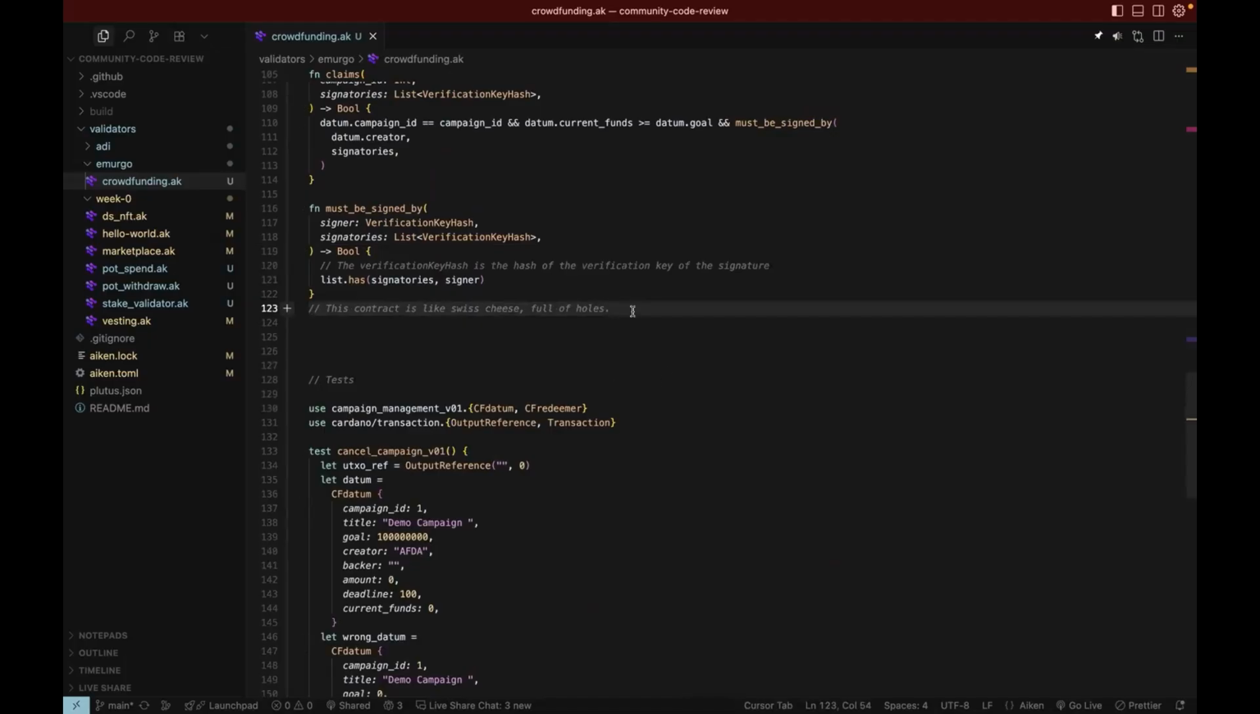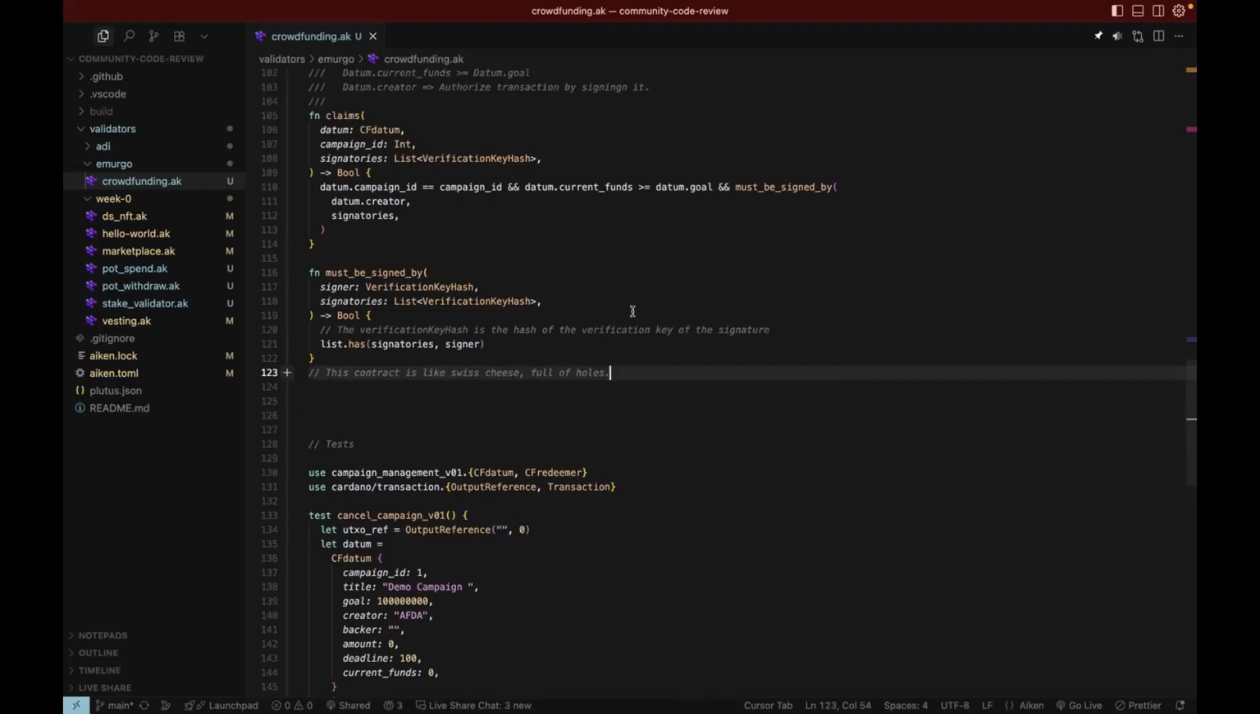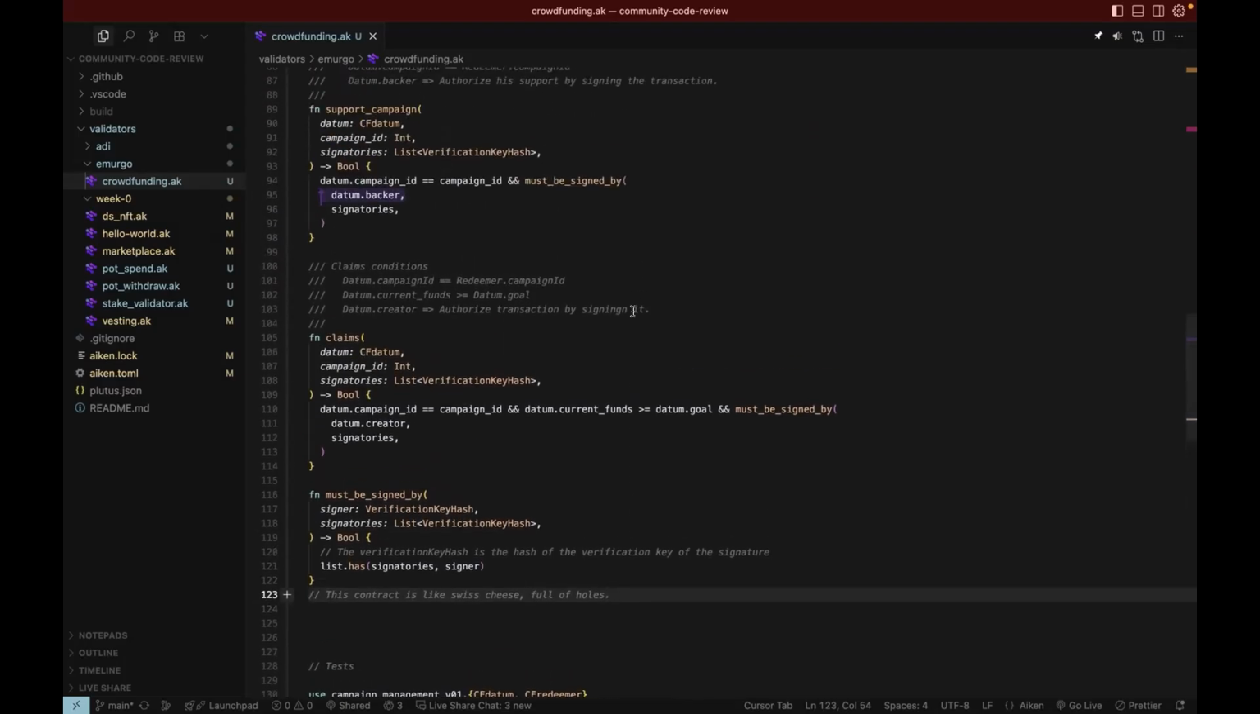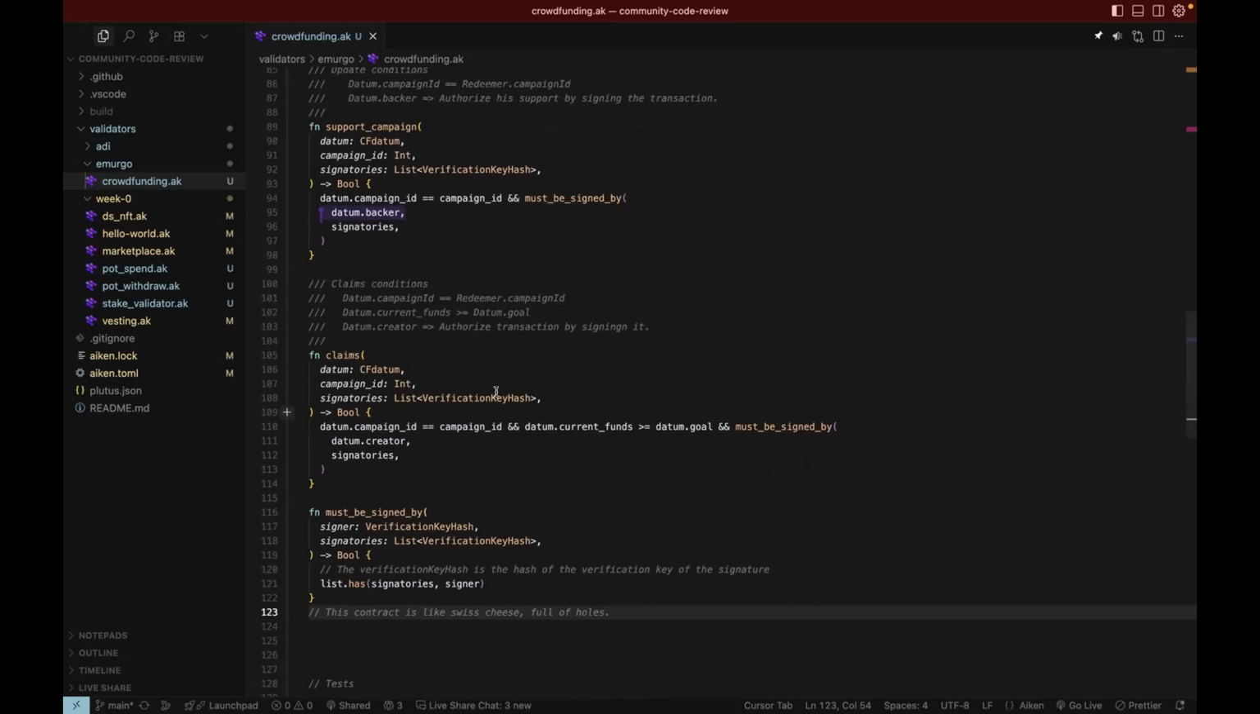I would say the first big hole that I see is not tagging outputs, which is what you were just saying. You can kind of do whatever you want as long as it's signed by the right person. So some random person can come and just take the funds. If there's a UTXO in there and Harsha's verification key hash is the current backer, I could spend that UTXO, change that datum.backer to my own public key hash, and then at which point